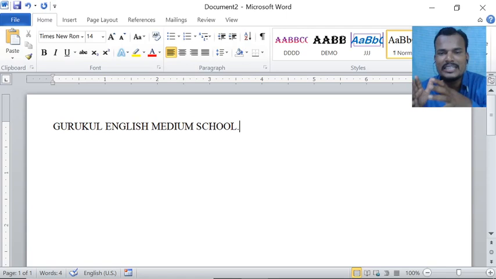While creating a document in Microsoft Word, we will use these options very frequently. That's why they are very important options in Microsoft Word. While watching the video, don't skip in the middle, watch the video till the end.